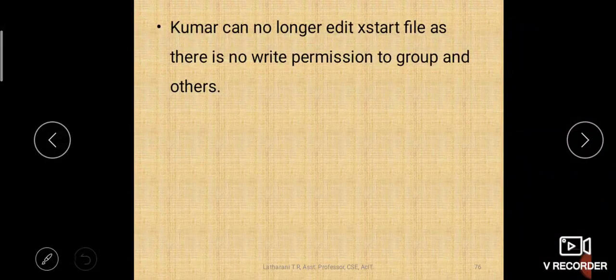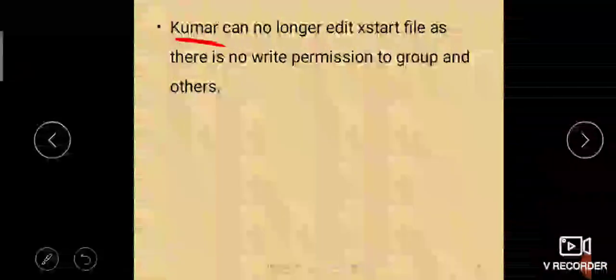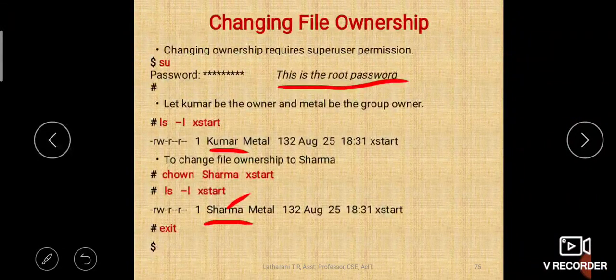So Kumar can no longer edit xstart, as we have handed over the ownership of the xstart file from Kumar to Sharma. So Kumar is no longer eligible to change or edit the xstart file. Okay, there is no write permission for group also and others also. Did you notice?